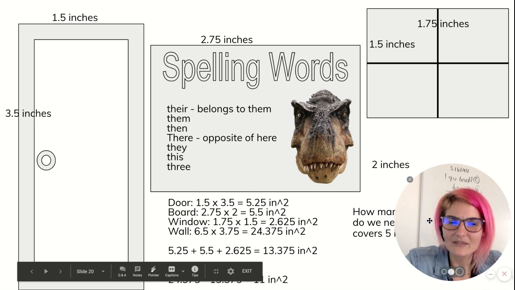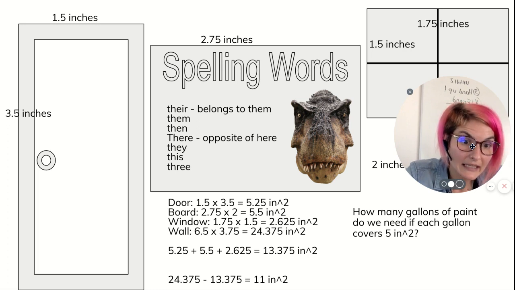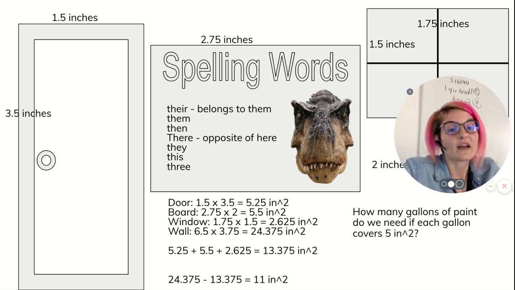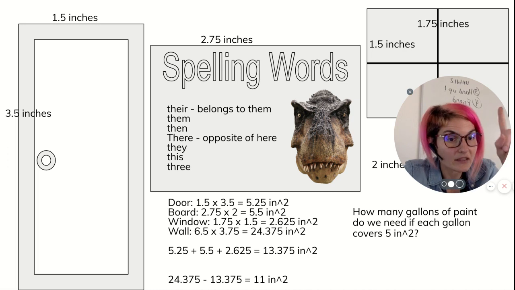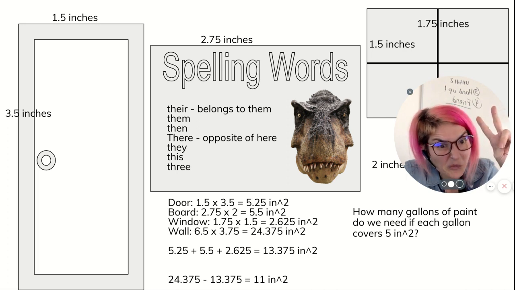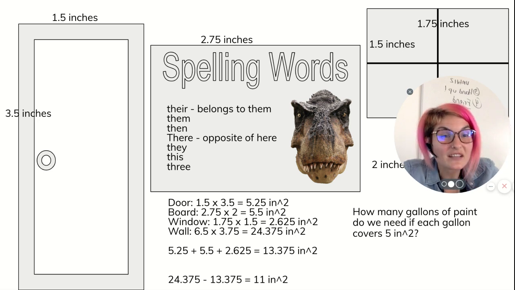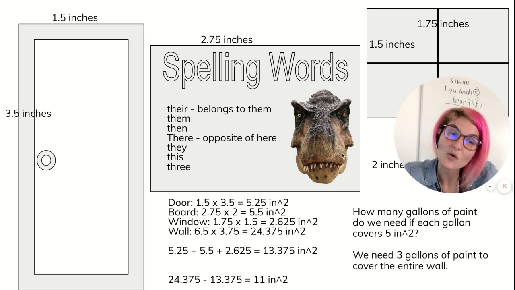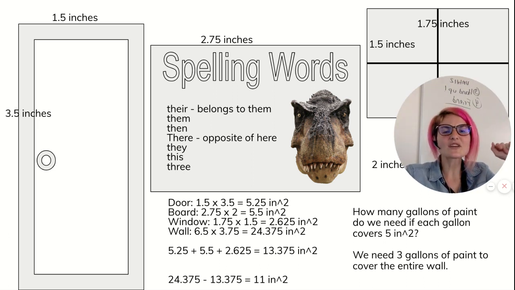Now, how many gallons of paint do I actually need if each gallon covers 5 inches squared? I need 11 inches squared covered. So will 1 gallon cover it? No, that's only 5. 2 gallons? No, it's only 10. Close. But nope. 3 gallons? Well, that'll cover 15. That's definitely enough. So I'm going to need to go to the store and buy 3 gallons of paint to cover the entire wall. And then I have some left over in case,